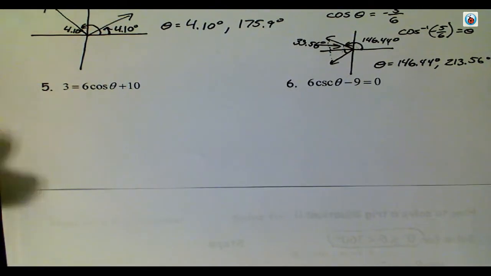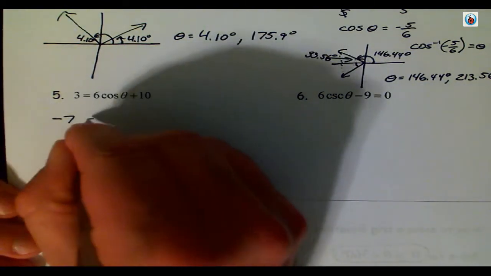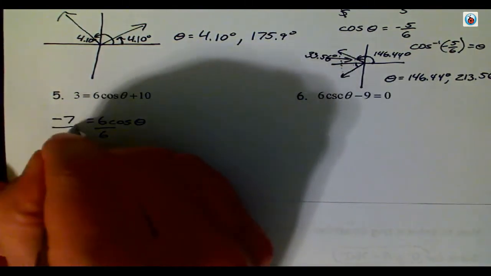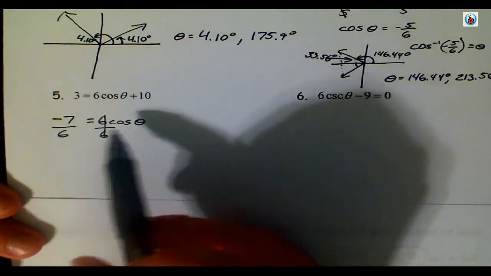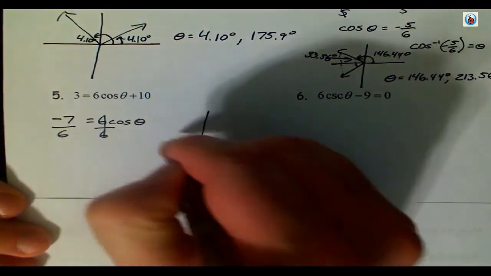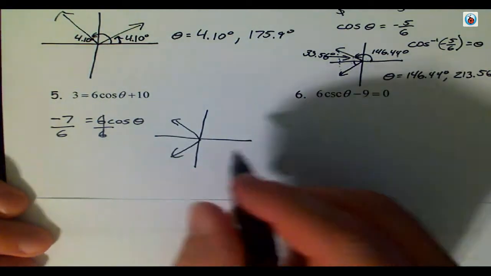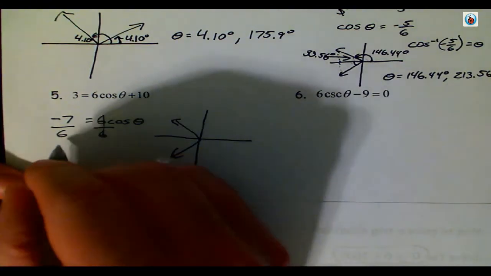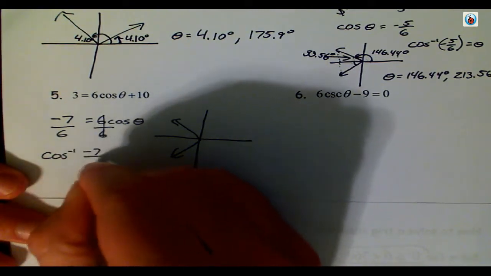Number 5. Okay, let's get cosine by itself. We need to move the 10 over, so it's going to give you negative 7 equals 6 cosine of theta. Divide by 6, divide by 6. So I'm looking at that. This is a negative cosine, so if I drew a graph, I would be over here, right? I need to take an inverse, and I do see a problem. Hopefully you guys do too. So cosine inverse of negative 7 over 6